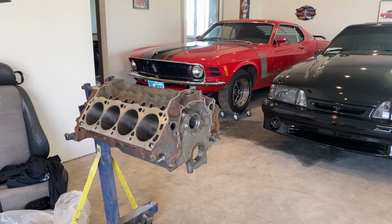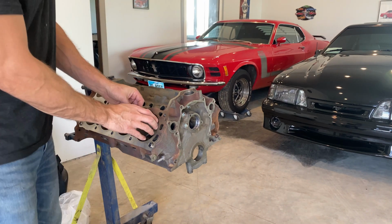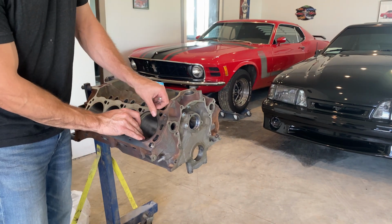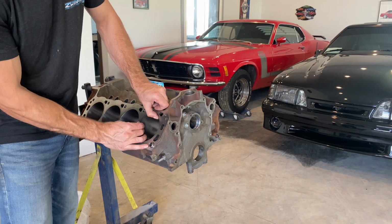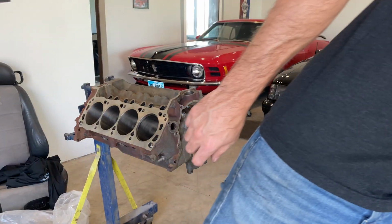All right, guys, I got it all set up. So get your piston ring, slide it in. Gonna be gapping the rings first. They might be right, but you don't know. Then you just grab a piston,